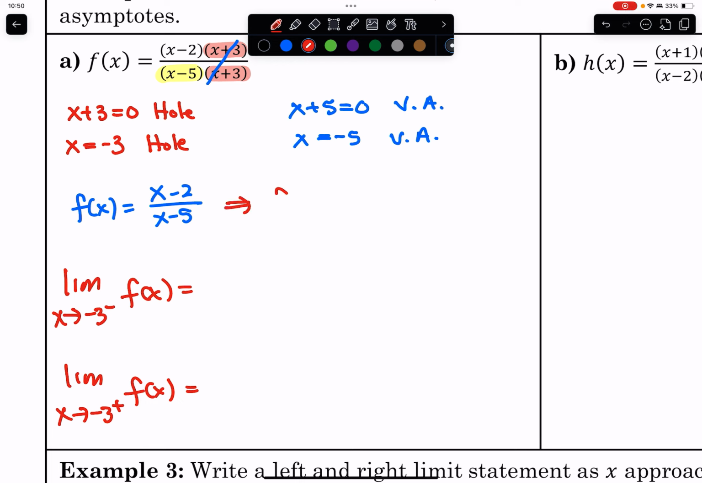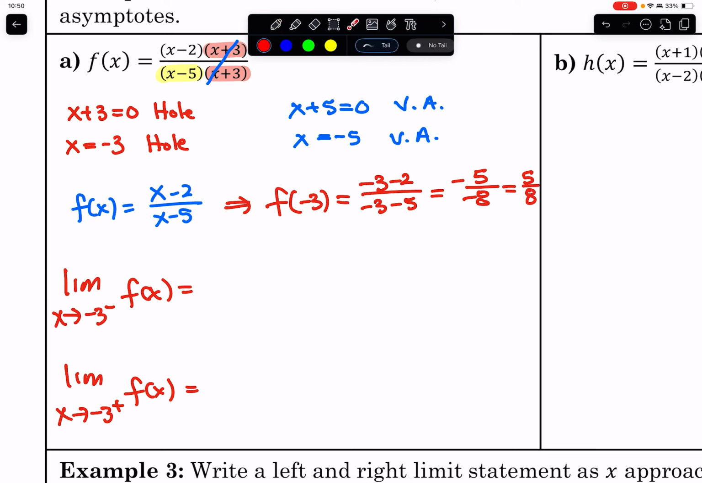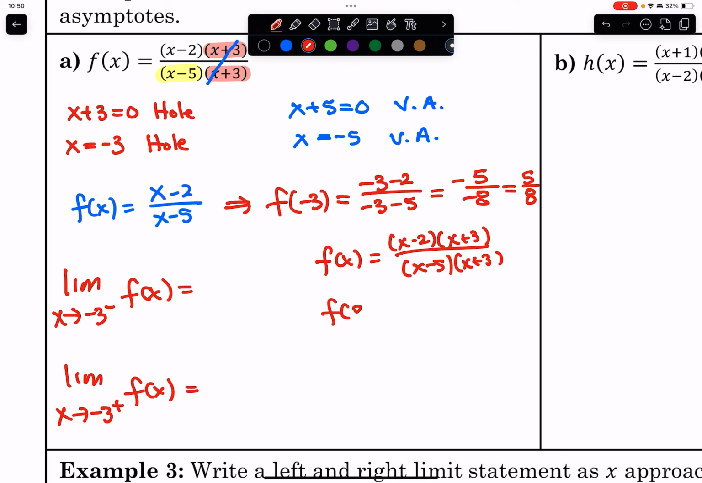So I'm going to evaluate f when x is equal to negative 3. So if I do negative 3 minus 2 and negative 3 minus 5, this is going to be negative 5 over negative 8. And that's going to reduce to 5 over 8. So if I fill in the hole at x equals negative 3, the y value is now going to be 5 over 3. If I don't fill in that hole and I keep f of x as x minus 2 times x plus 3 over x minus 5 and x plus 3, when I evaluate this at negative 3,